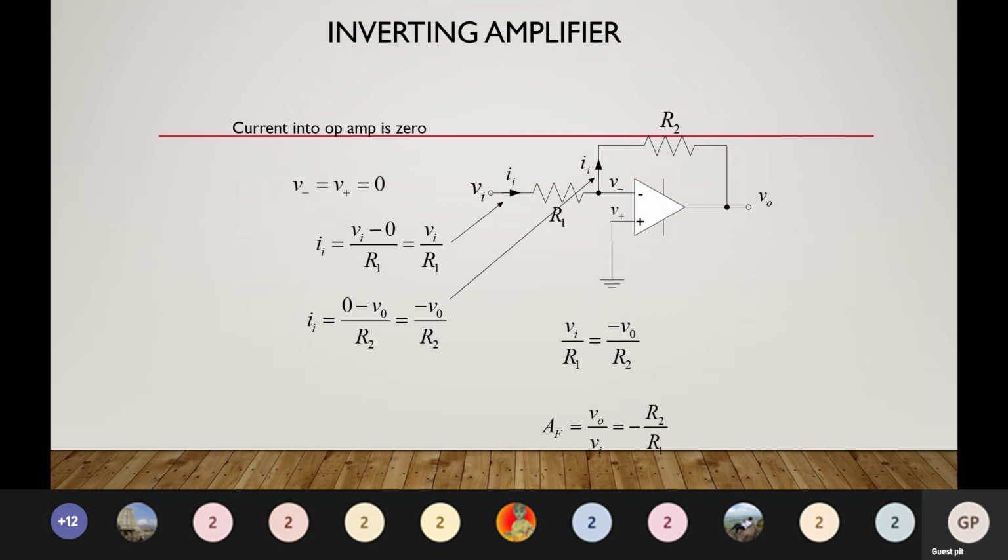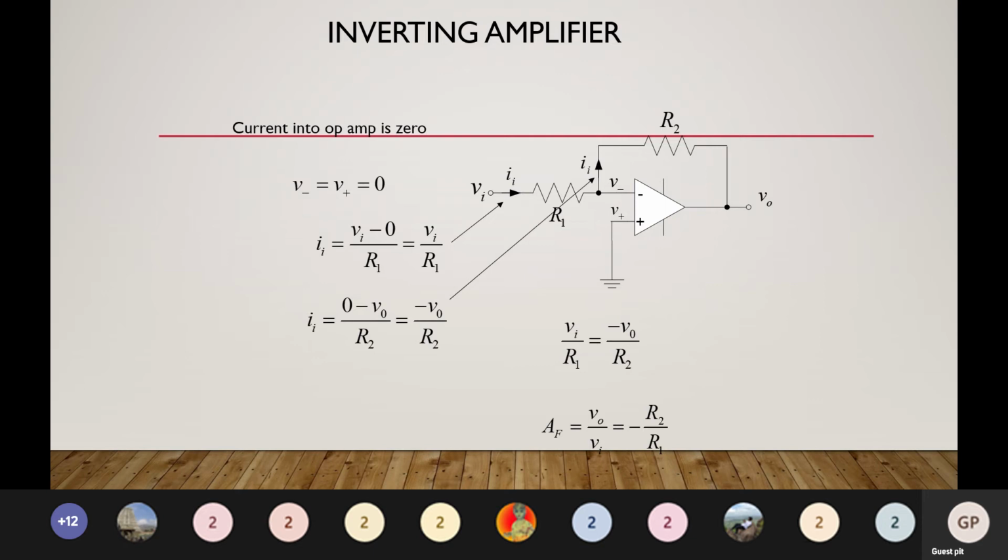So there will be a phase difference of 180 degrees between the input and output whenever we use the op-amp as an inverting amplifier. So how will we have the inverting amplifier? Whenever we give the input to the inverting terminal and the non-inverting terminal is grounded, then it will act as an inverting amplifier. You can see the circuit here. We have given the input to the inverting terminal through the input resistance, and of course you have a feedback resistance, and the non-inverting terminal is grounded. So output will be some factor times my input, and since my input is given to the inverting terminal, the output will have a change in polarity, or it will be 180 degrees out of phase with the input.